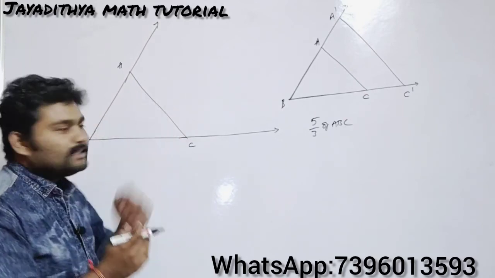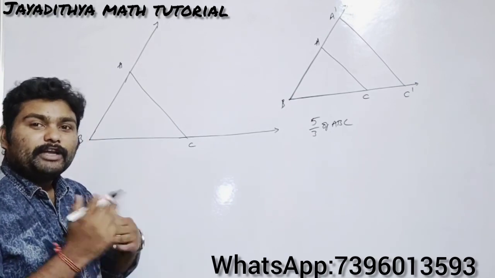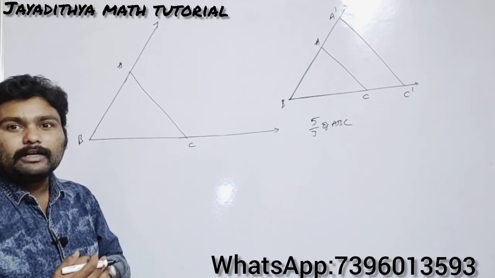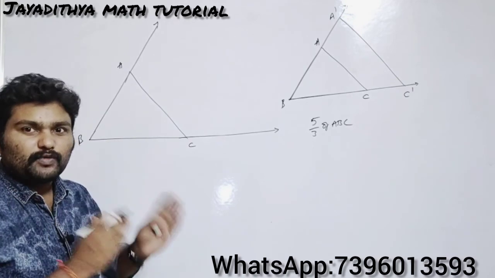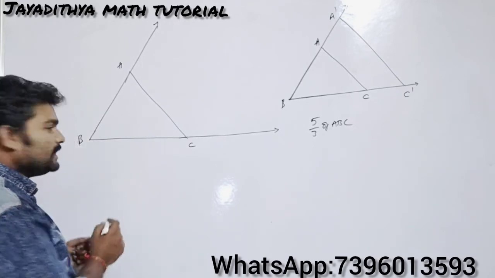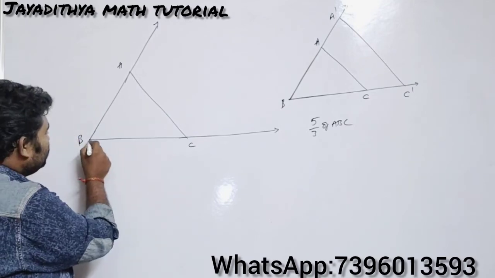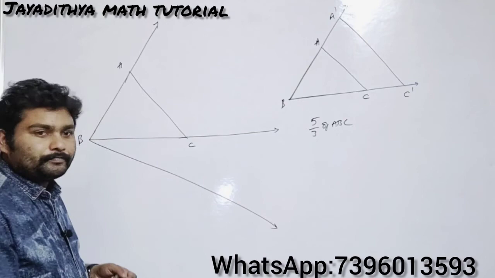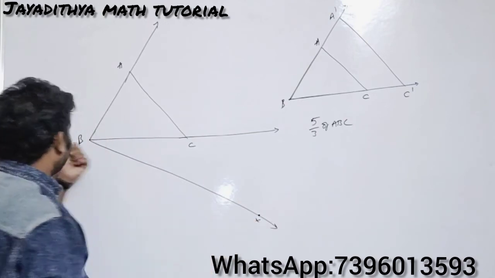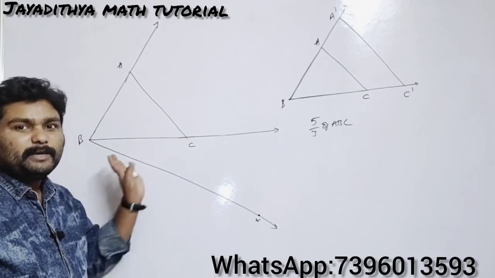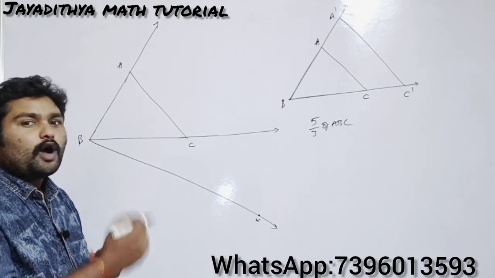After this extension, recall that when dividing a line segment in the given ratio, we drew an acute angle. If you haven't watched that video, please watch it, then you will understand the class clearly. If you want, I'll give the link in the description. First of all, you need to draw an acute angle here. Let us take this as ray BX. Now CBX will be an acute angle. After this, what do we need to do?